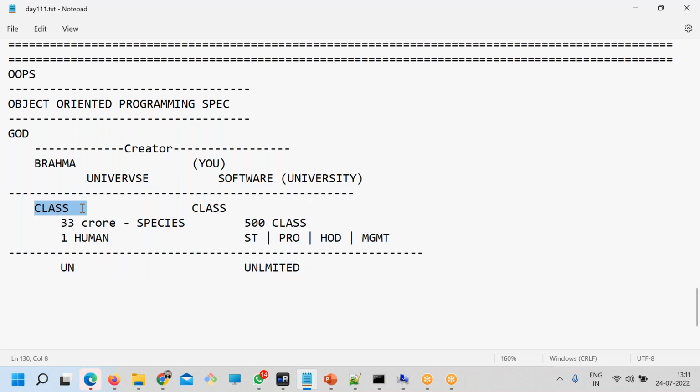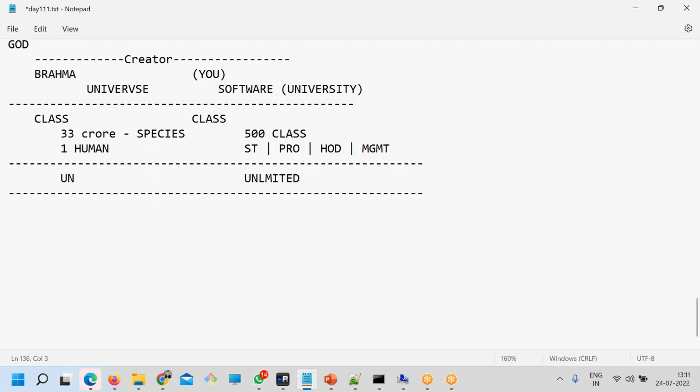So they created a class. Brahma did not create us individually. They created a class, and automatically we are coming in and we are going. So this is the human: we are born and die. This is what we call from Brahma. For Brahma, we are objects actually. They are not emotionally attached to us. We are objects.